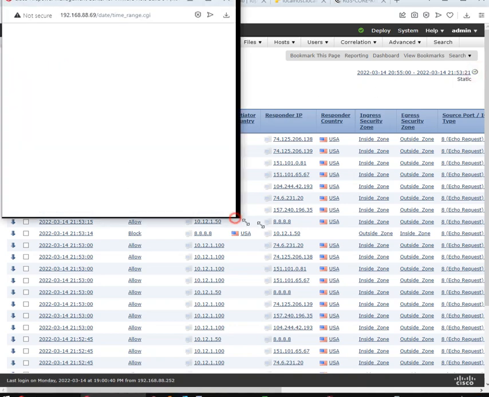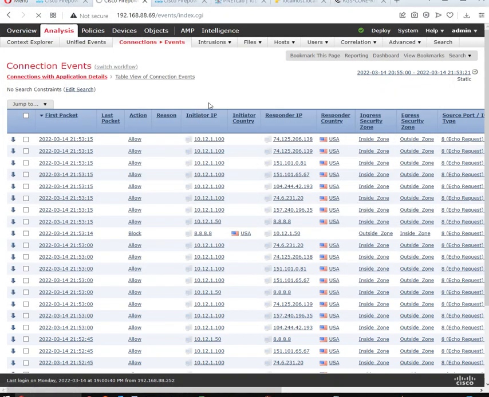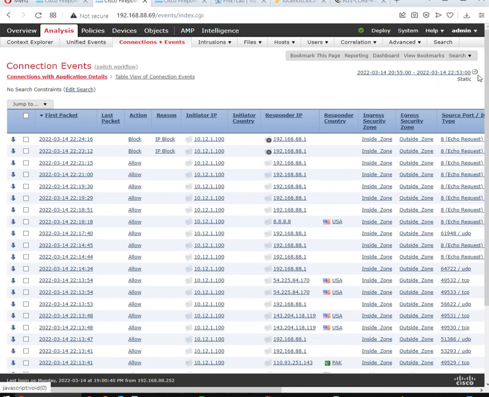Actually, this is the reason why I am not able to see the logs: 14:20:55 and 14:21:53, and actually now it is 22. Let's apply and check the logs. I hope. Okay. The issue was with the duration of the logs